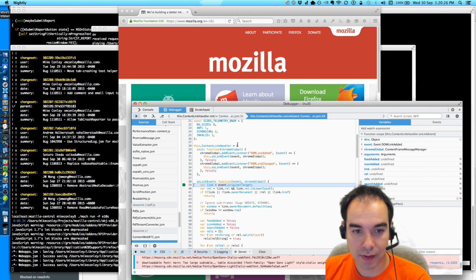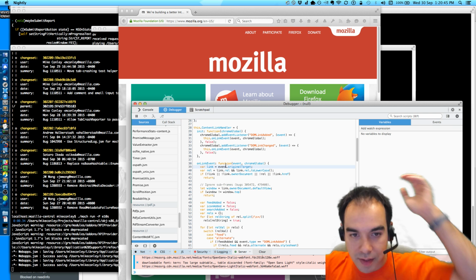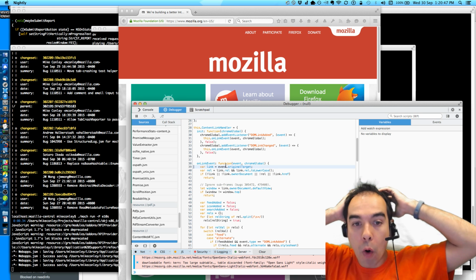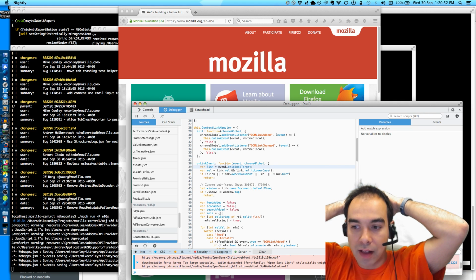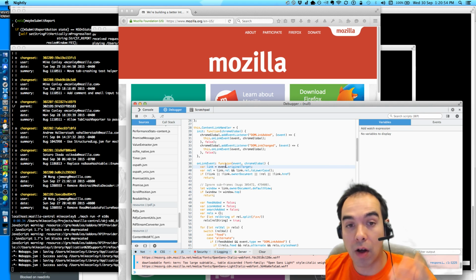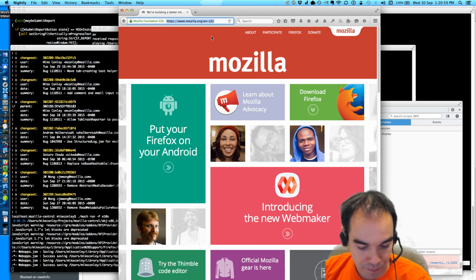Boom, we hit it. And what's nice is that it doesn't seem to block the loading of the page because they're all asynchronous messages. And that's good. There's a lot of things going through here. There are a lot of link elements. But hey, that's great. We can work with this. So we're already seeing all of the link elements coming up, and I believe that'll also be the case for iframes as well. And I can test that.